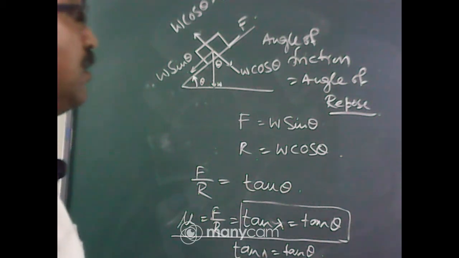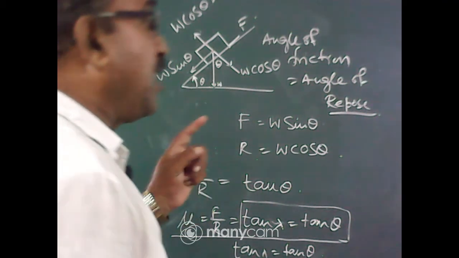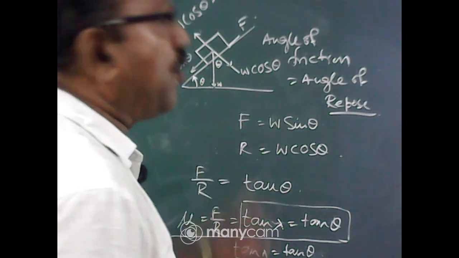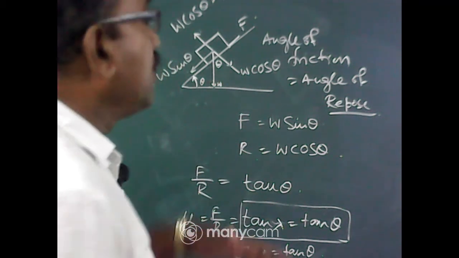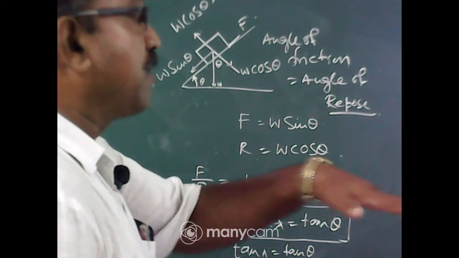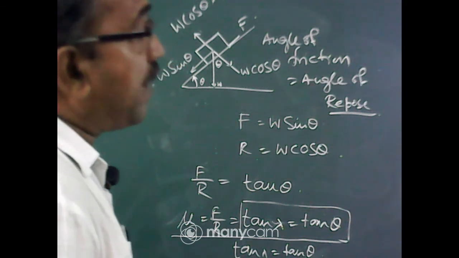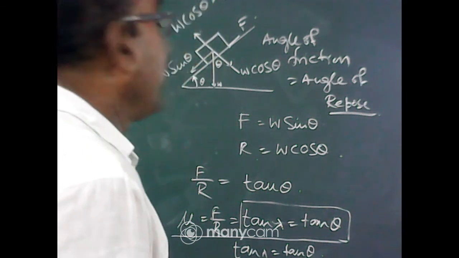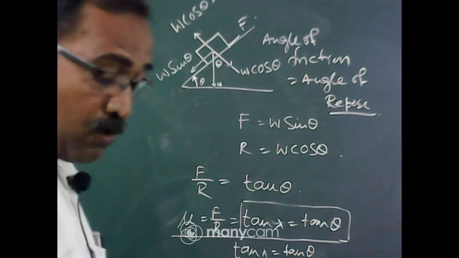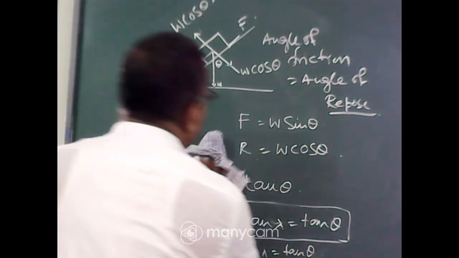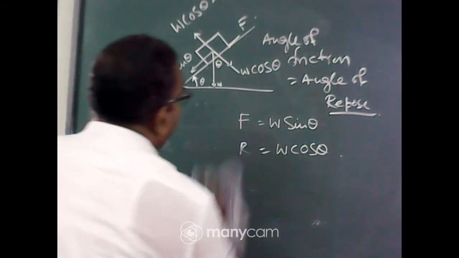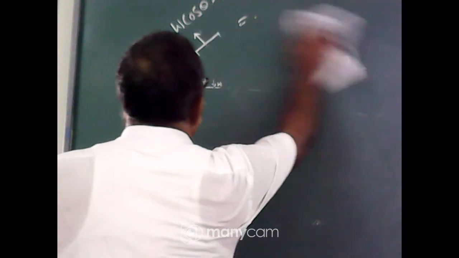But angle of friction is not equal to angle of repose at all times, because you know when the object moves on a horizontal surface, that time theta equal to 0, but lambda is not equal to 0. So when the object moves on an inclined surface, you can say the angle of friction equal to angle of repose. Except it, you cannot say it. Okay. So next part, suppose you consider it,